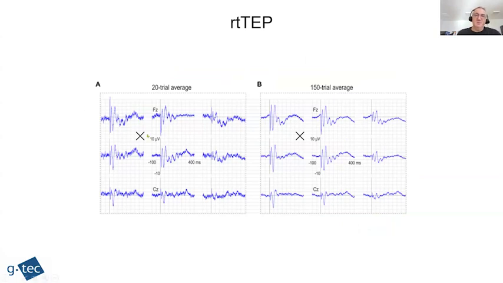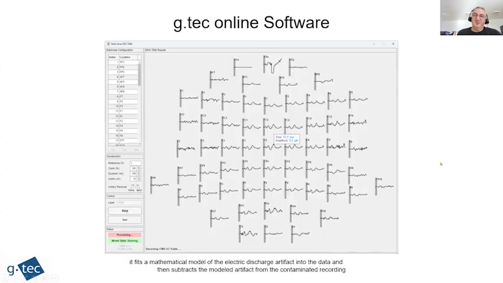So the X marks the spot where the coil points out, and then you're measuring the evoked potential. Then you do at least a dozen stimuli to see that you are at the spot, and if you're happy, you continue the acquisition to a large number. We are also developing our online software. It's still in development. It uses a mathematical model of the electric discharge artifact, and then we subtract it